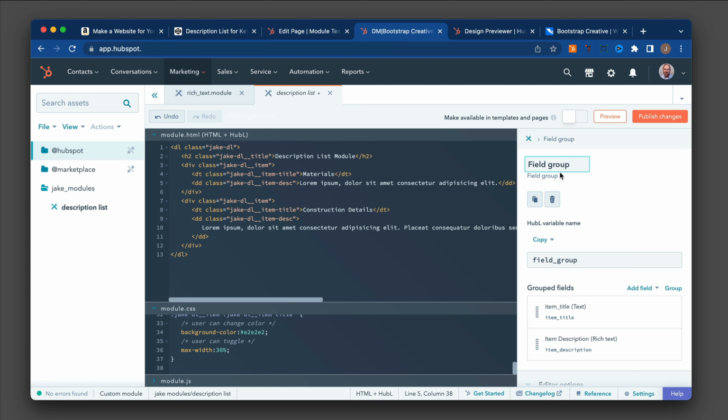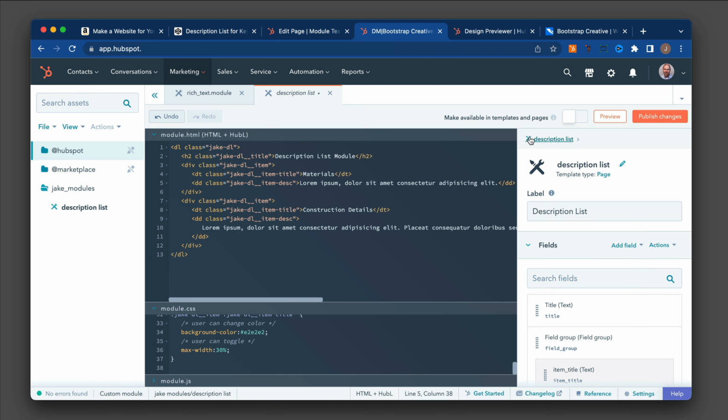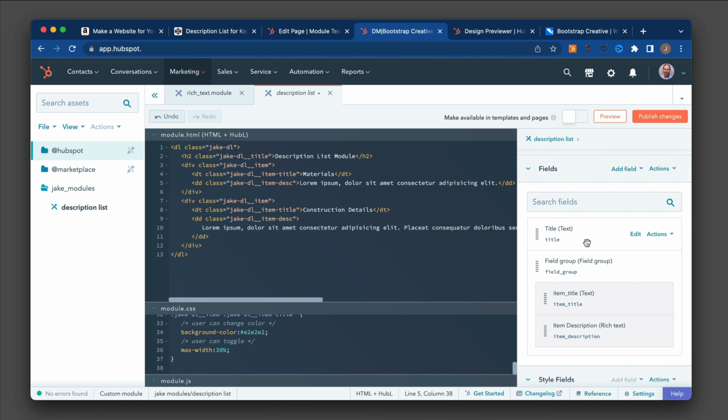And for now, I'm just going to leave this default just so it's clear that this is a field group. And in order to go back, there's this little icon here. You want to click on that to go back to the main field here. So we have our title, which will be this, and then our field group here.